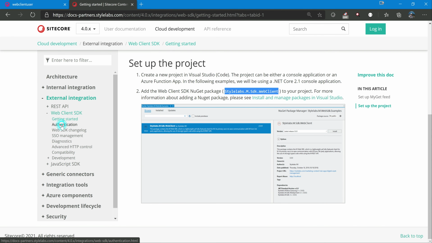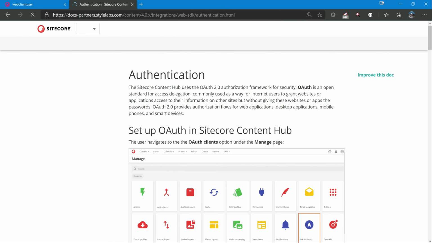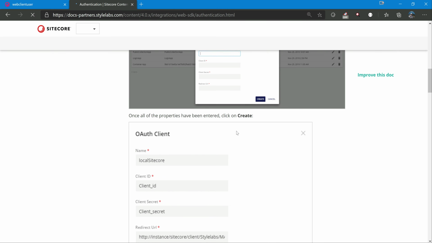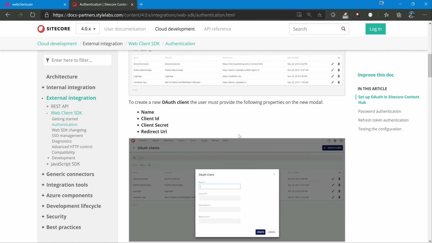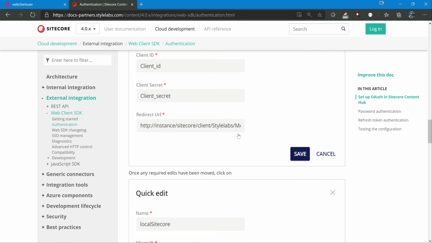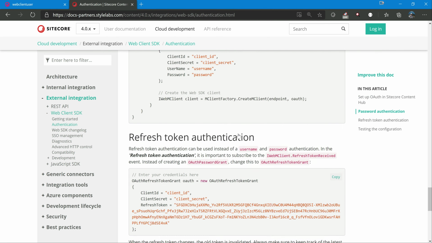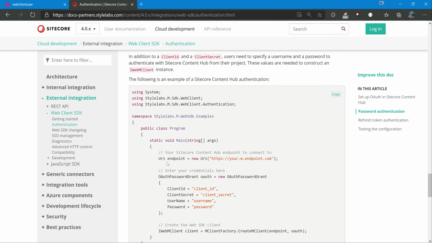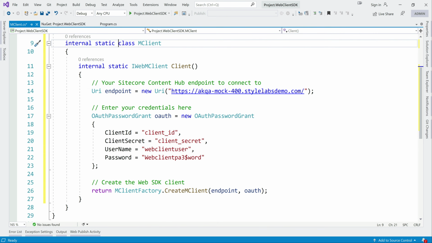We have authentication here. As you see, name, client ID, client secret, redirect URL. We have a password authentication here, so you need an endpoint and all these things. Let's quickly see the URI endpoint.